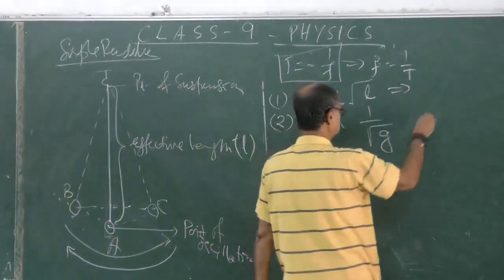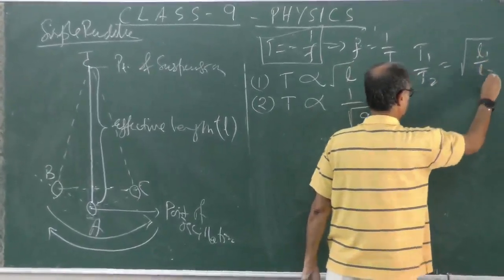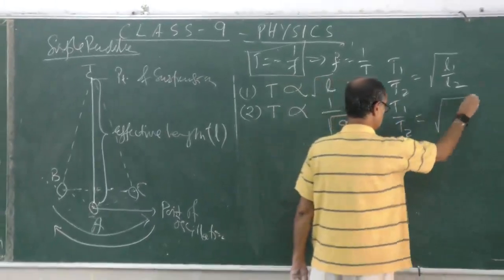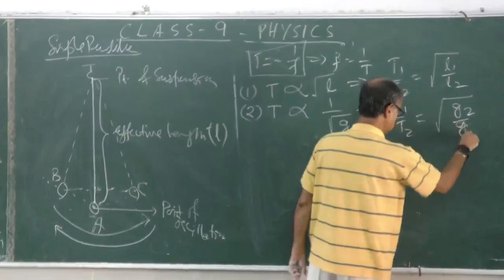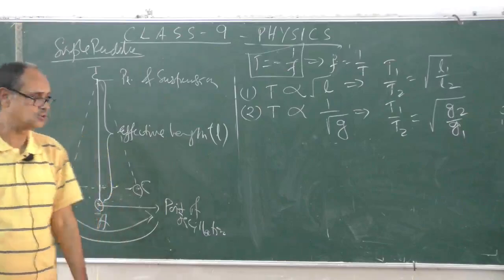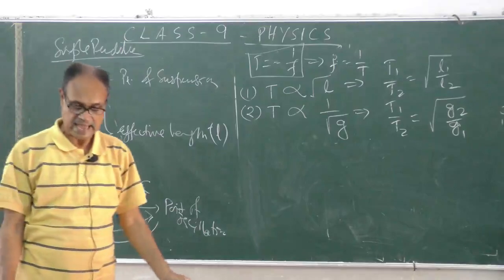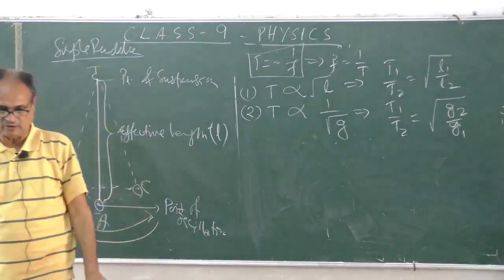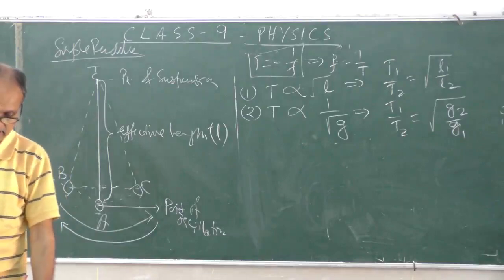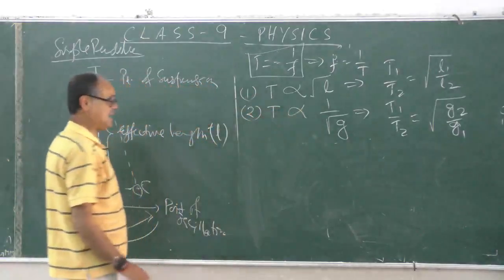If there are two values, T1 by T2 will be written as root of L1 by L2, and for g, T1 by T2 will be root of g2 by g1, in the opposite order, because it is inversely proportional. These two are the laws of oscillations, which can be used for the calculation of T as well as g. For the calculation of g, the acceleration due to gravity, you can see the table given here. As the time period depends on the length only,